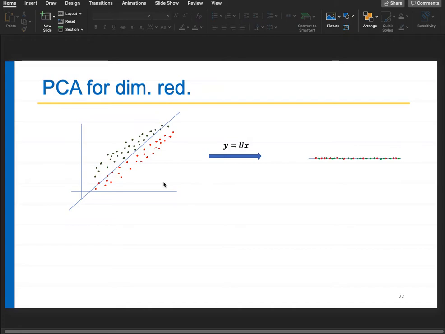So, what you find here is that PCA will find the direction along which the variation is maximum, which is unfortunately not the direction which preserves distances or the discrimination between the classes, and that's why you get everything merged together. Ideally, what you would like is to get a dimension, this direction, and project everything along it, and that will be the best discriminating line.